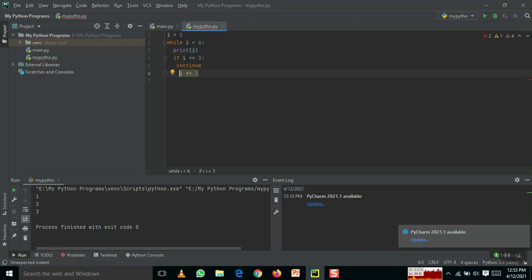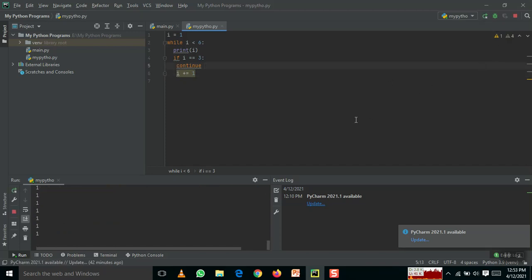Everything except 3 is printed, only 3 will be omitted. See here, what the problem is that it goes into an indefinite loop, because the increment should be given here. If we give this, if it is equal to 3, it will continue.